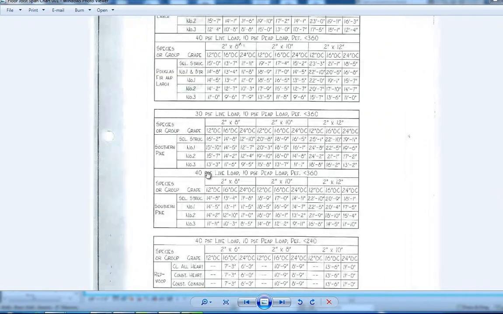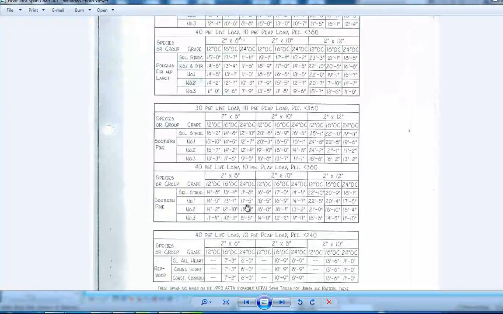And I want to say southern pine is what we're going to use. Now, we're going to use a number 2 for floor joist. That's the most typical floor joist grade you use, a grade number 2. And for this structure I want to use a 2x10. That would be great. The reason that I'm figuring a 2x10 is we look across here,